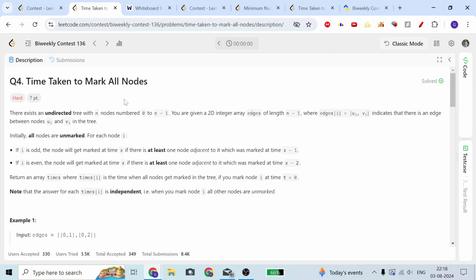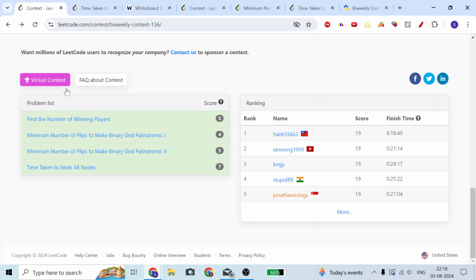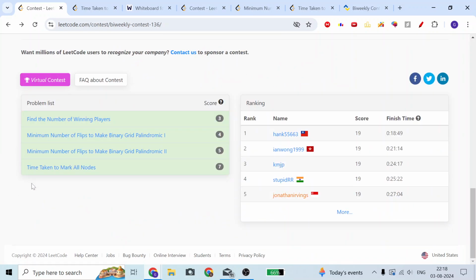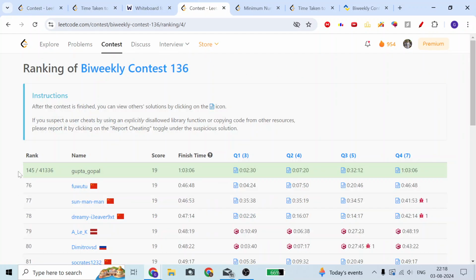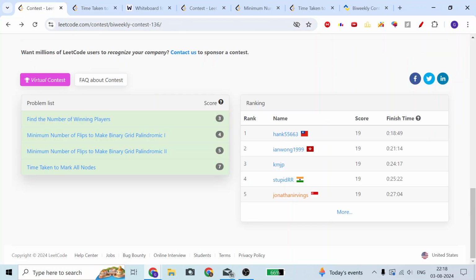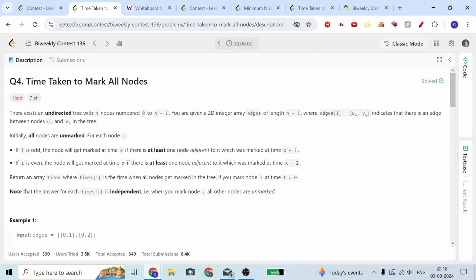Today we are going to discuss the Time Taken to Mark All Nodes problem of LeetCode. I participated in LeetCode Biweekly Contest 136 and was able to solve all 4 problems and got rank 145. I have already made a tutorial of the third problem. You can check it out on my channel, and this is the tutorial for Time Taken to Mark All Nodes,